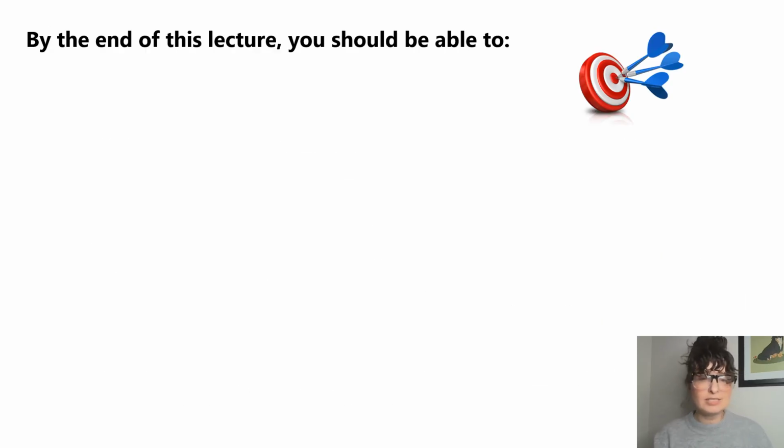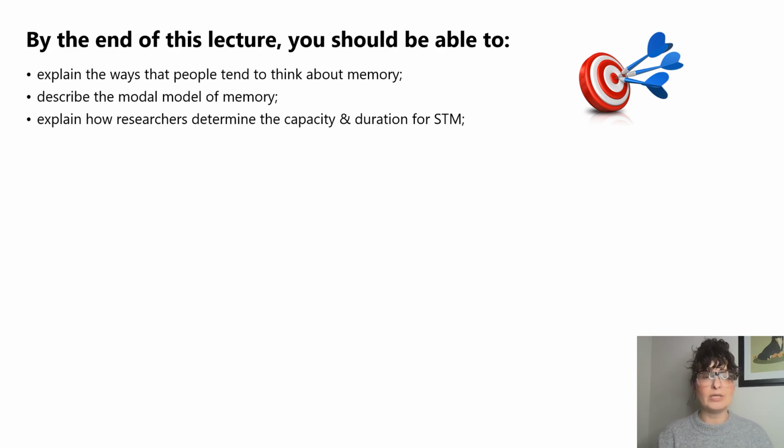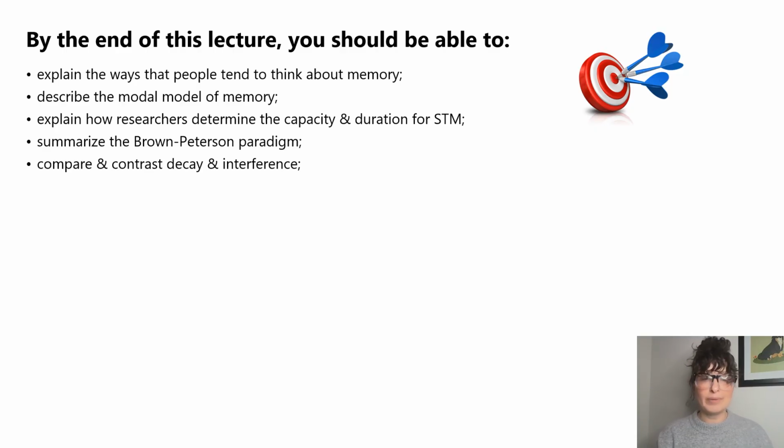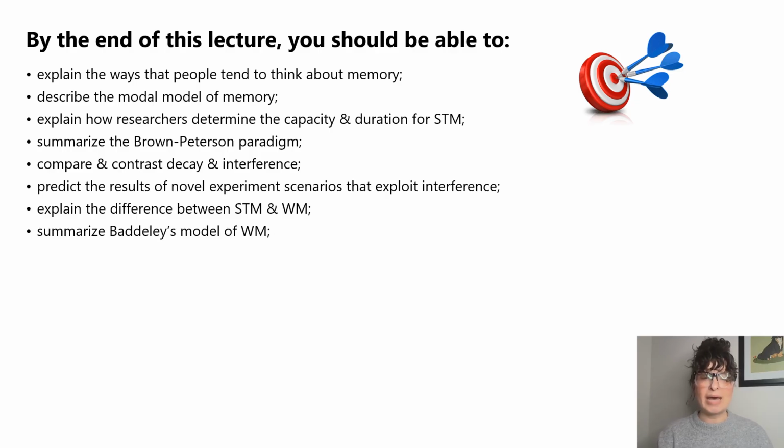So it's the end of this lecture. You should be able to explain the ways that people tend to think about memory, describe the modal model of memory, explain how researchers determine the capacity and duration of short-term memory, summarize the Brown-Peterson paradigm, compare and contrast decay and interference, predict the results of novel experiment scenarios that exploit interference, explain the difference between short-term and working memory, summarize Baddeley's